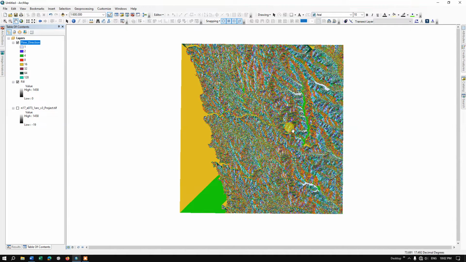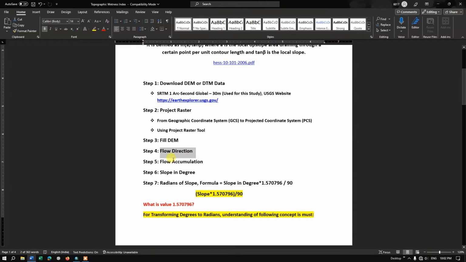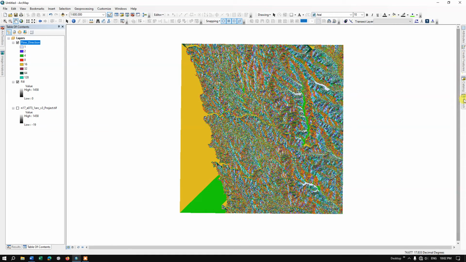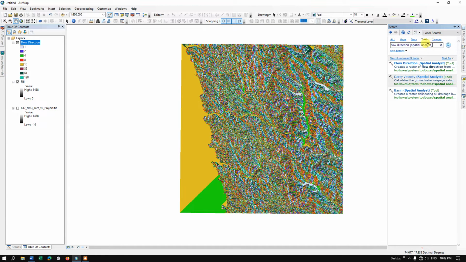So we just move on to the next step, flow accumulation. You can see here, flow accumulation is the next step. Once again, go to the search bar, and here select the flow accumulation. So here on the top I have selected tools, so likewise you can select it, flow accumulation, so that you can easily find the tools. Otherwise you'll be getting all the results. So I have chosen tools over here. So now select the flow accumulation,